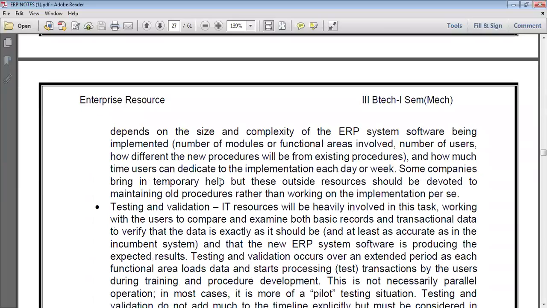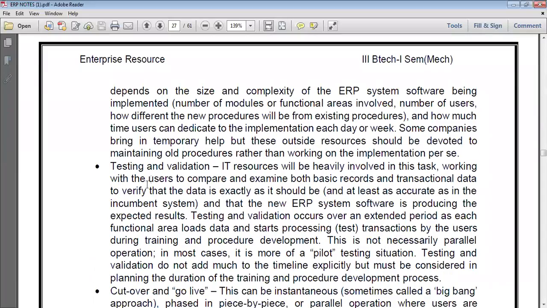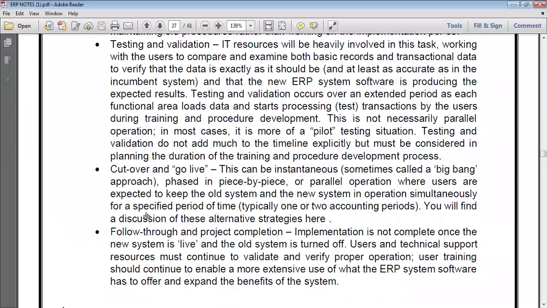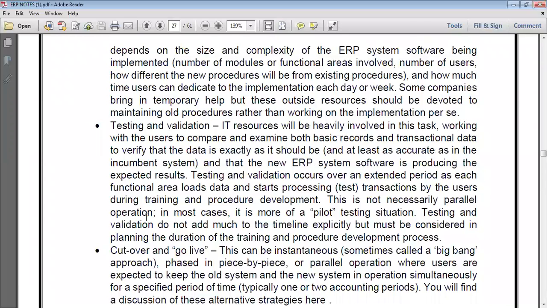Okay, the next one is testing and validation. IT resources will be heavily involved in this task, working with the users to compare and examine both basic records. Testing and validation also involves quality control, software updates and licensing.